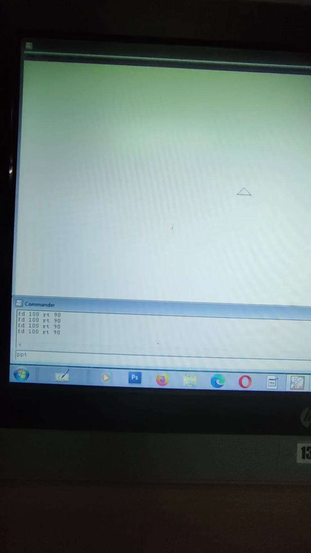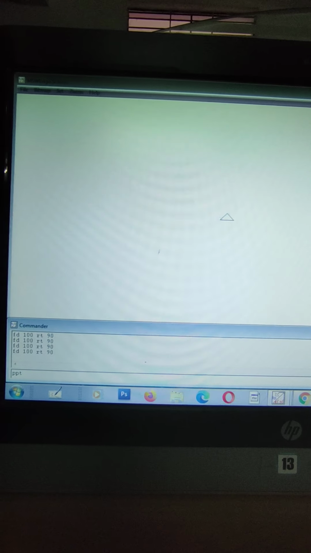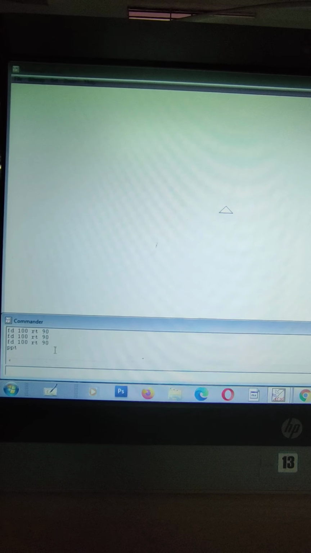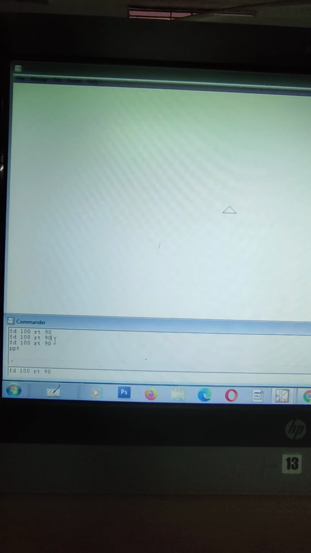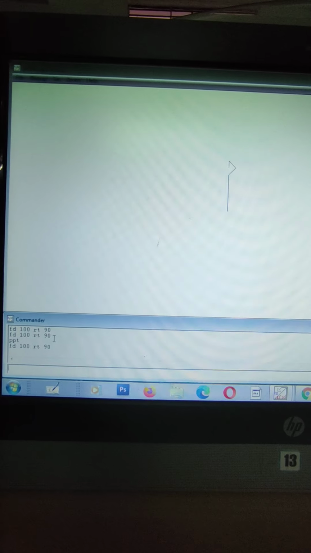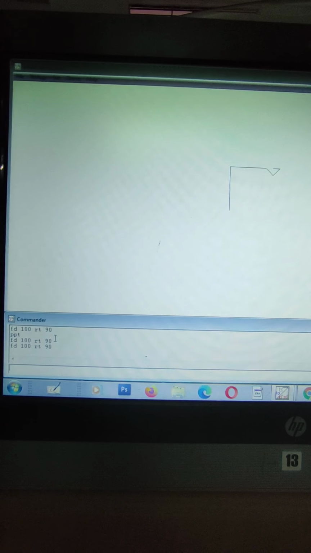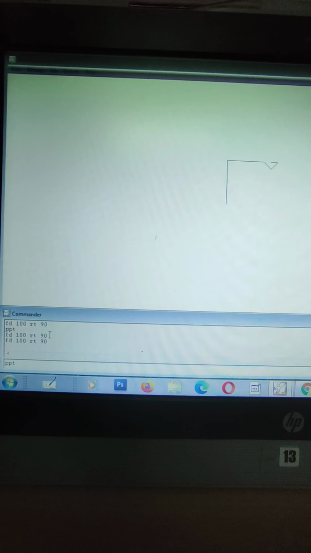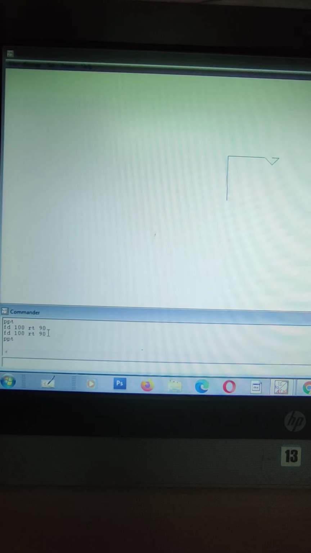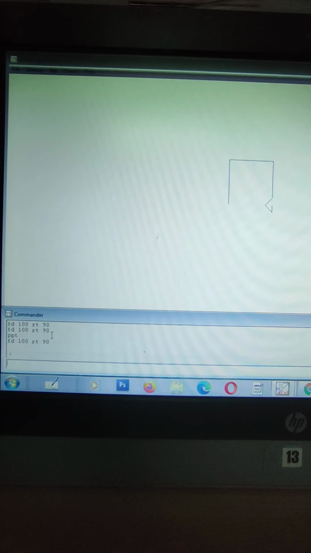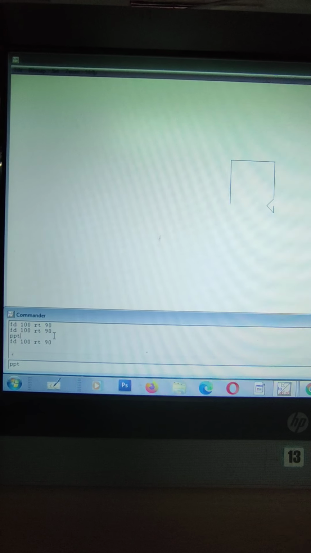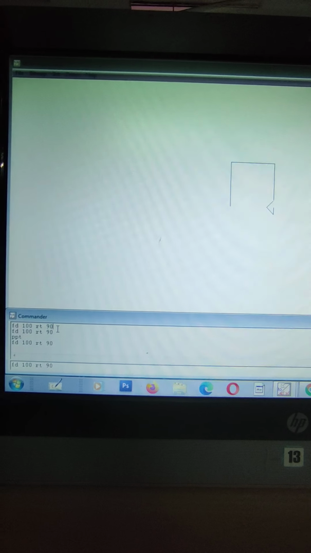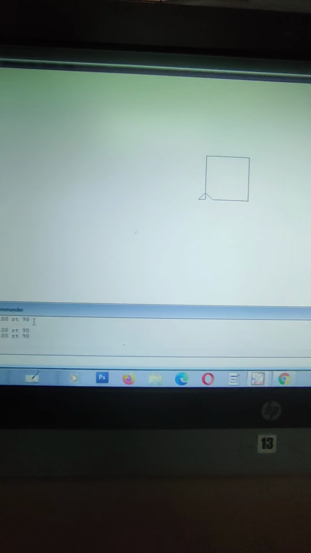Then we will type PPT and again we will use this command for drawing. Then your square will come again on your screen. In this way you can draw your square again by the PPT command.